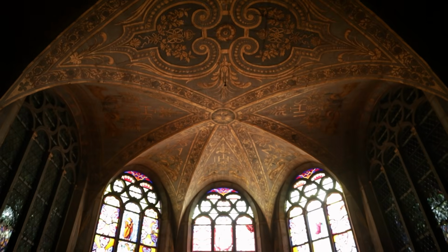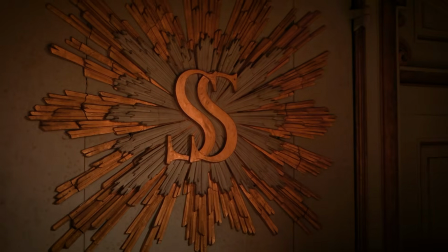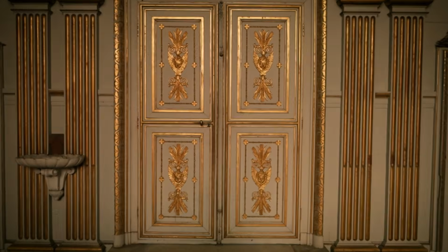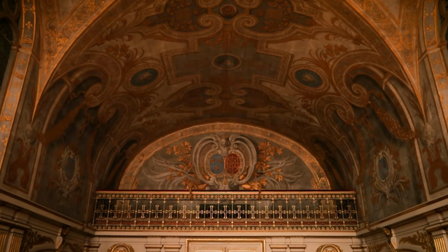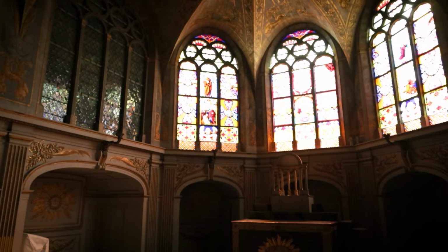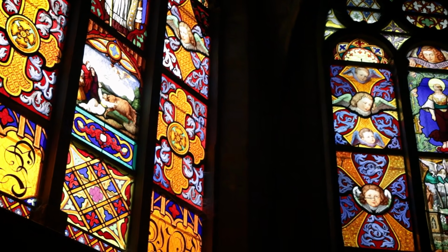The Gothic elements are striking, while the Renaissance is almost non-existent. Indeed, the 19th century restorations also left their mark, but mainly on the interior decor. Personally, I would much prefer to attend the service here in this chapel. It feels more spiritual and almost functional to this day. As we wrapped up our visit, we couldn't help but feel that Saint Saturnin is probably the most